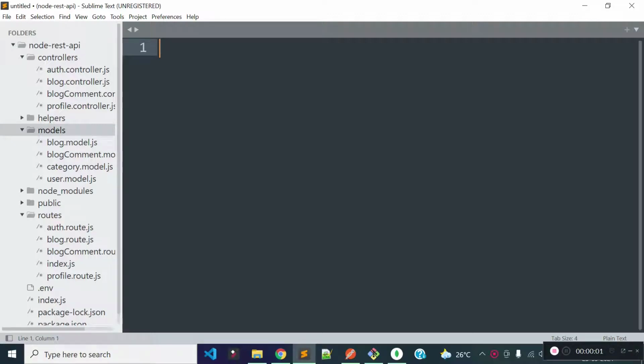In this lecture, I am going to create add like and remove like API endpoint for a blog in node.js. We need a mongoose collection to store like data for each blog. So I'll create a new model file inside our models folder for our blog likes collection, and the file name